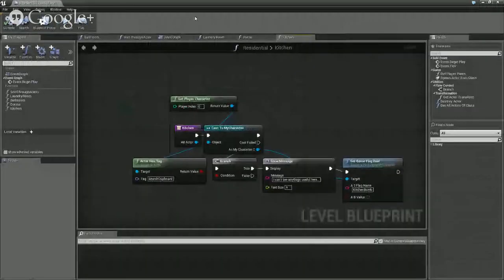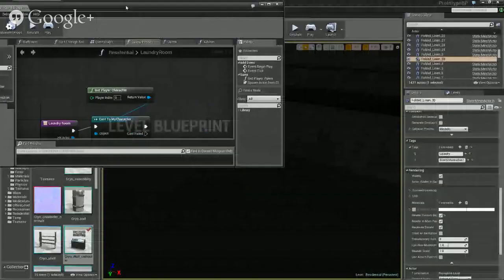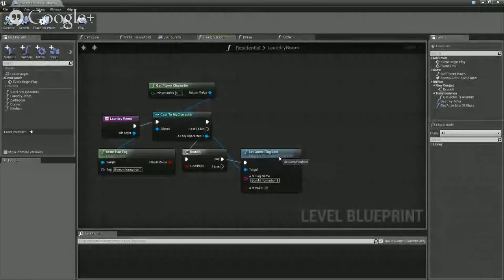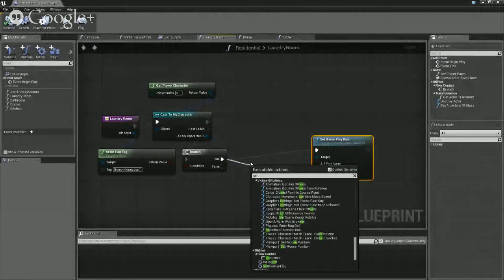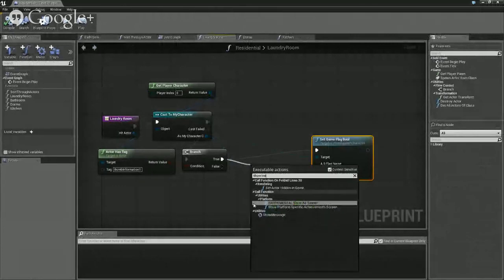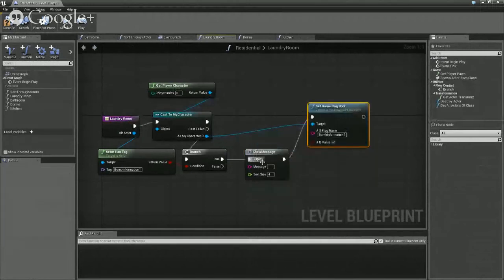So let's take a look. On folder information, but only if it has this. Meaning, this just says flag. It doesn't actually do anything. So I go set. I go show message. Which again is not a custom one. I can type in